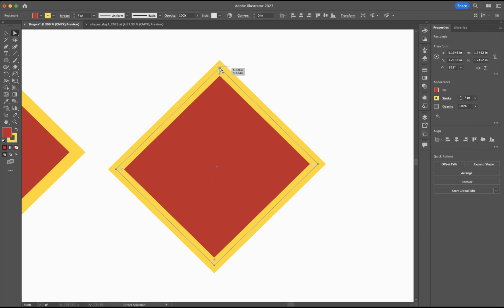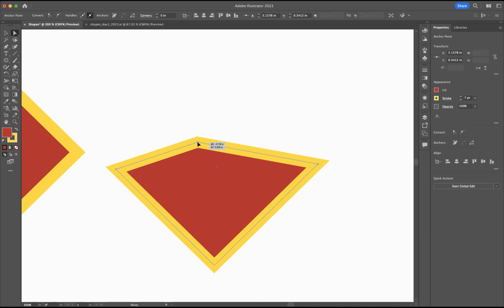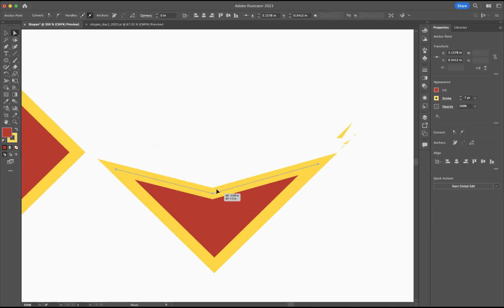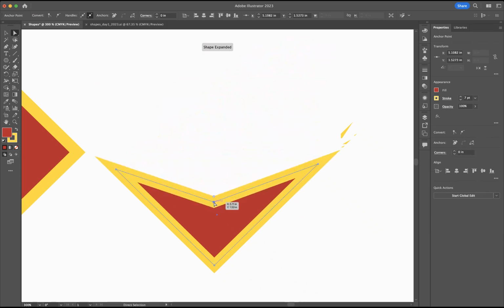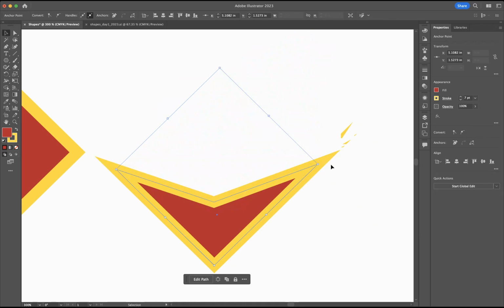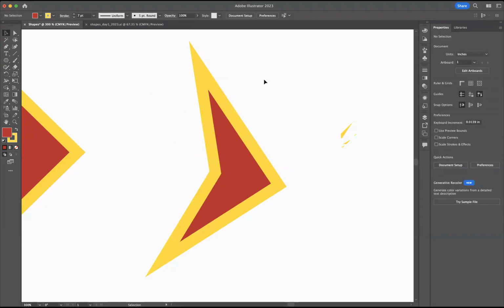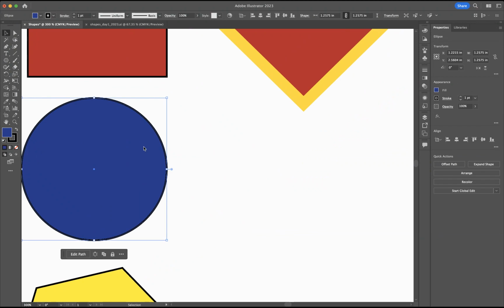And if I tap on one of these boxes, I can drag it and everything else stays. So I can turn this into a crazy shape. Now I have an arrow. That's cool. The other thing I want to show you, I'm going to come down and do it with a different shape. So I'm going to get my circle,